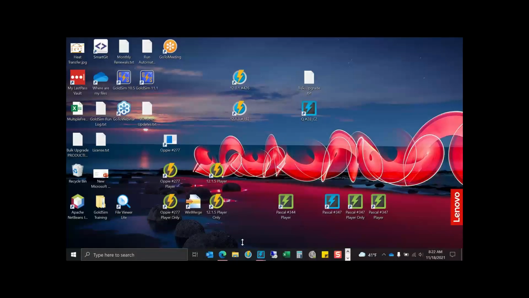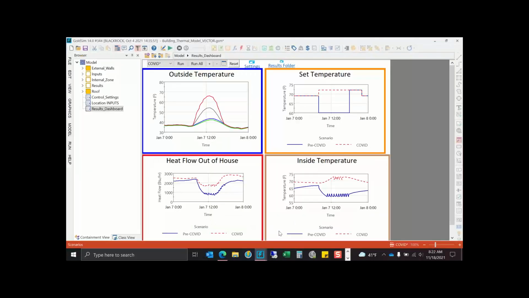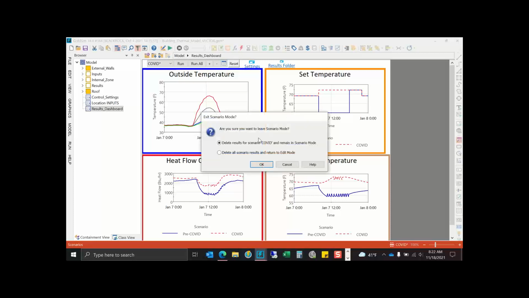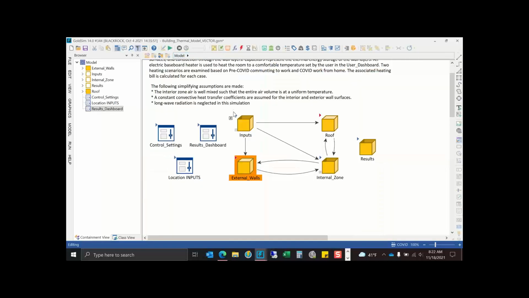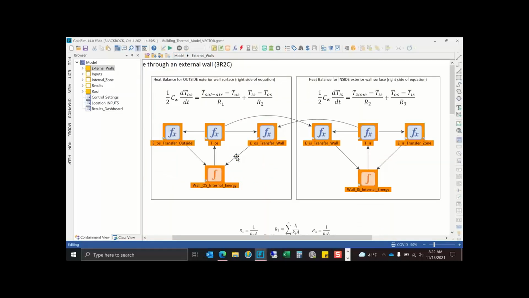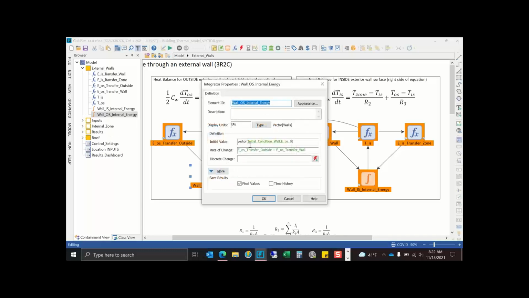So that is that one, and then this one. We will reset the model. And we will look at our internal walls. So this is the energy balance that we just saw. This is for the outside surface. So the outside surface has